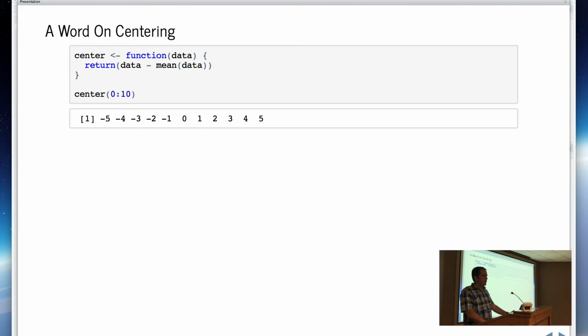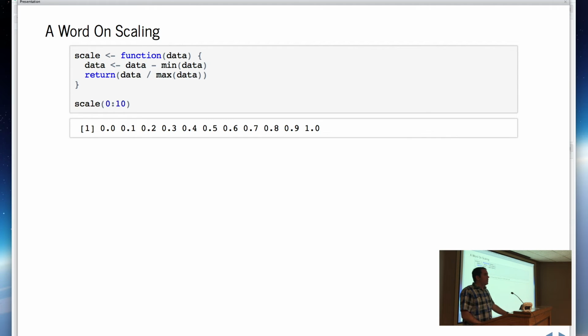In the case of centering here, what we've just done is shifted it. So I took the value 0 to 10, I centered it, and you see the result is it's now -5 to 5. That's sort of the same thing as normalizing the data? Yeah. So scaling, here we're just changing to a range of 0 to 1. So the largest maximum value that the scaler has seen is going to become 1. The minimum value is going to become 0.